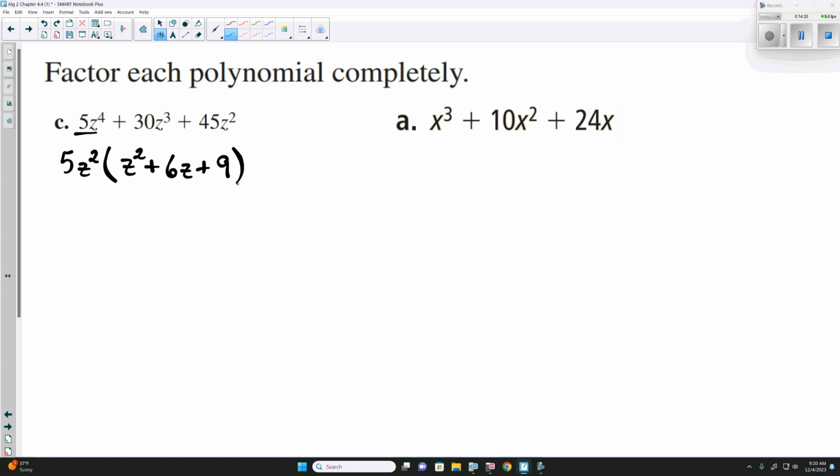Now the question is, is this factored completely? It is not. Now, one of the giveaways that it's not factored completely is inside our parentheses, our z squared plus 6z plus 9. The degree is 2. So there's a good chance it will factor. Now, I will show you this here, because there's one way to check to see if it factors into something nicely, and that is